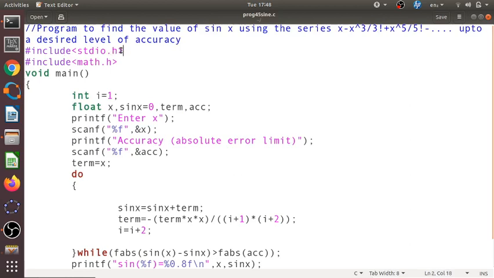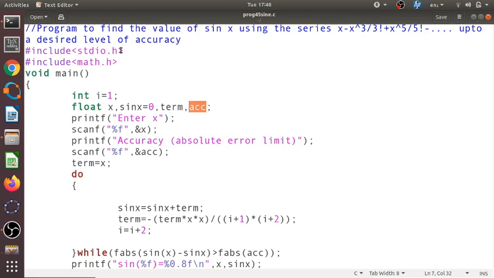So include stdio.h. Here we will also need a function, so the header file math.h. Okay, so void main, integer i equal to 1, float x, sinx, we initialize sinx to be 0. Then we will use the variable term, and this acc will represent the accuracy, that is the absolute error.